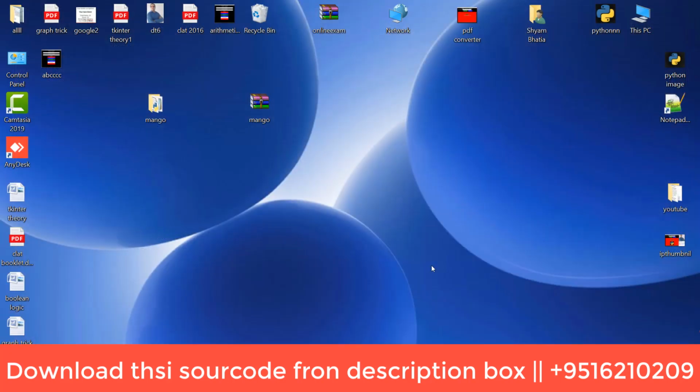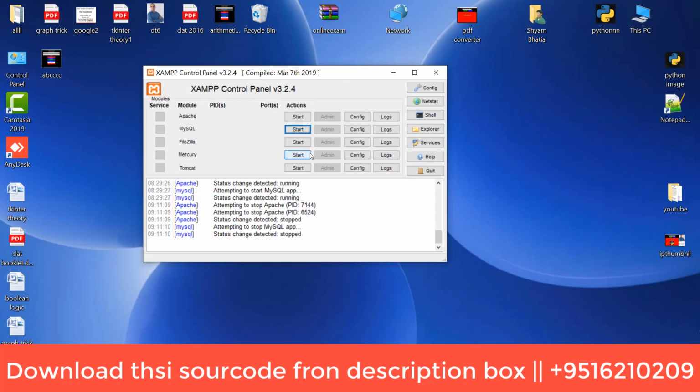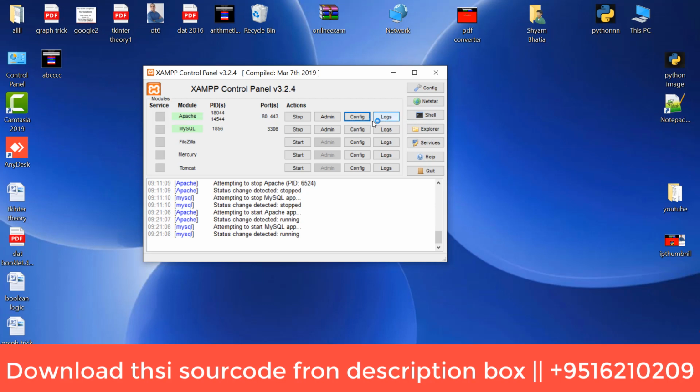Okay, close it and go to the XAMPP control panel. Okay, this is the control panel. Start Apache, start MySQL, and go to the config folder, httpd.conf.